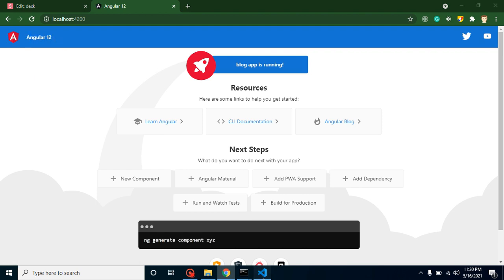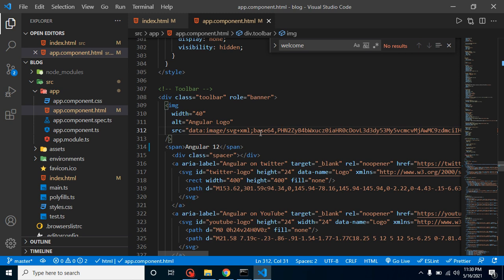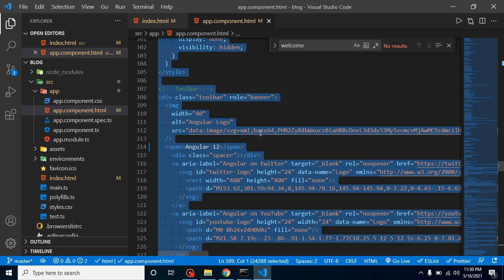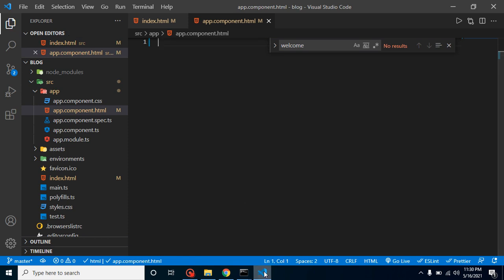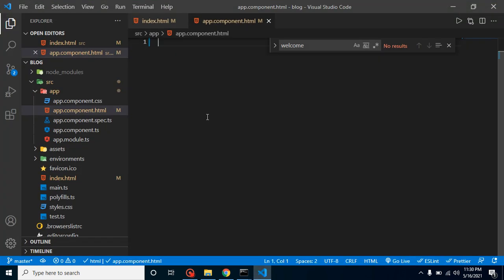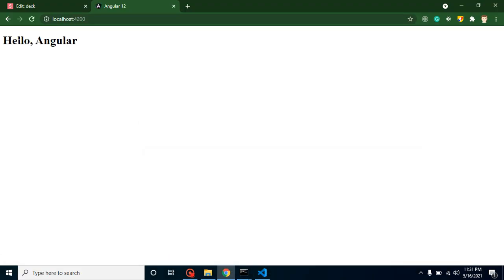So let's remove this old stuff because we will work from scratch, so we don't need this HTML stuff. Even this is a lot of HTML, this is really hard to work with. So let's remove it, and now you will find that our page is completely blank, there is nothing to see. And now just add here a simple HTML h1 tag. Let's say hello Angular, right? And this is working fine. Great. So this is our first change.